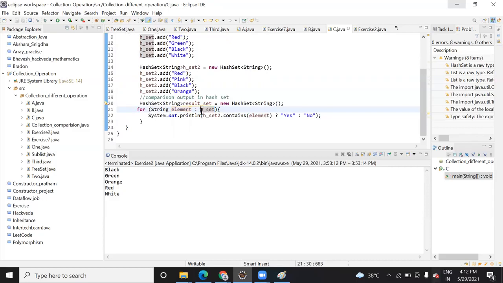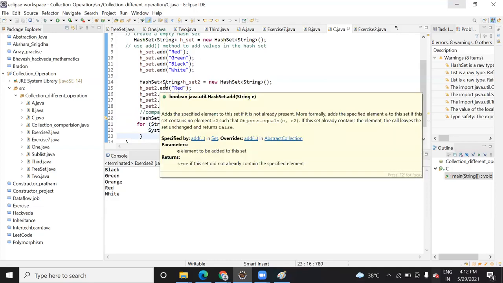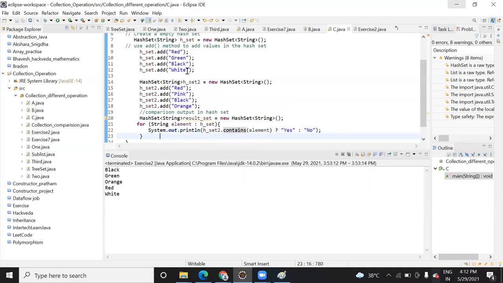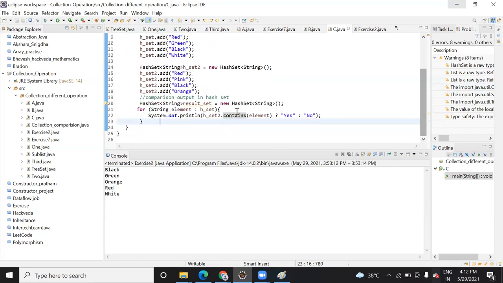So it is going to check in this collection. The temporary variable will be assigned based on the number of elements in this hash set. How many elements does the hash set have? Like four. It means this will run four times, from 0 to 3, right? And it will check whether the element of this set is equal to this set or not. So you use the dot contains function, right? This predefined function is available in the Java collection and util library, and it will help you do the task more easily.